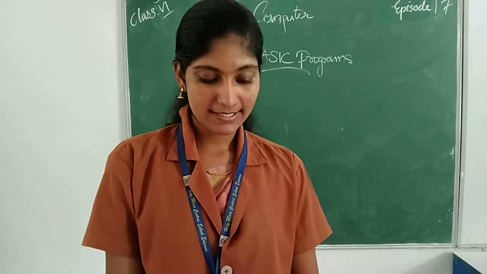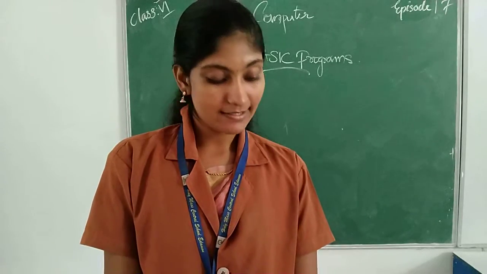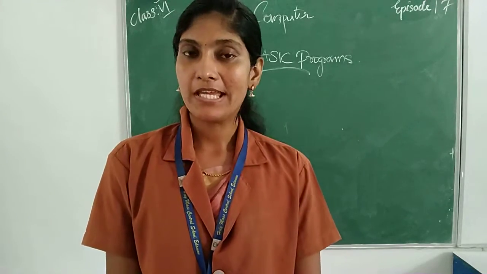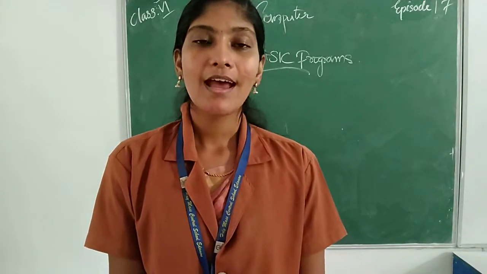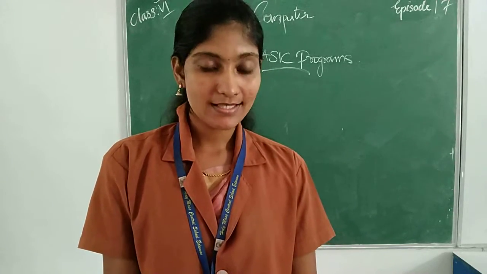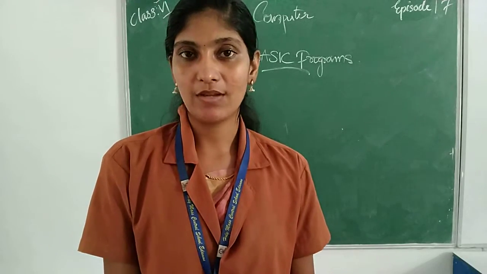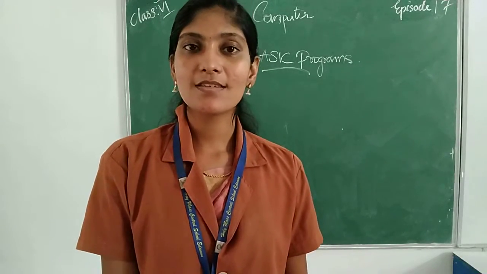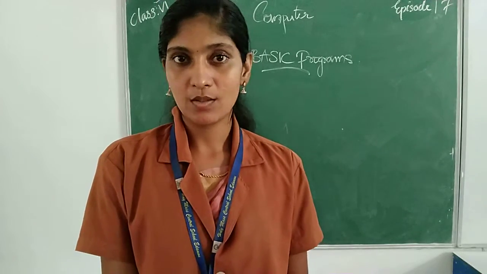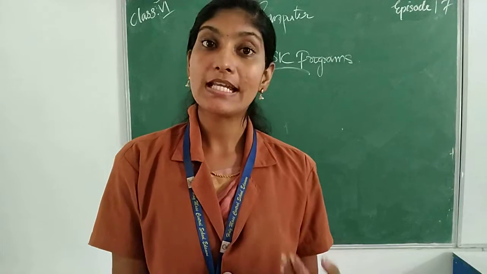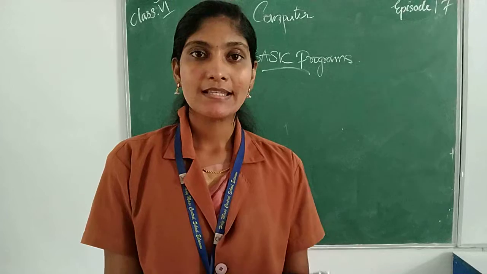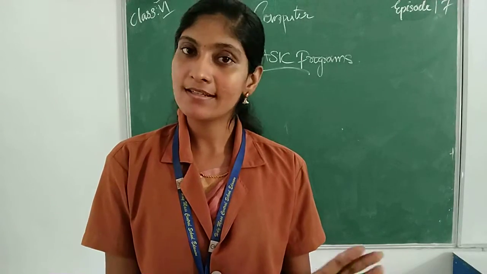Okay, so these are the basic commands, and then we already learned an important thing, that is variable. What do you mean by variable? A variable is a memory location and it has a name. There are two types of variable, numeric variable and string variable. A numeric variable is related to numbers, for example 73, 50. Another one is the string variable, which contains strings. And remember, strings are represented within quotes.